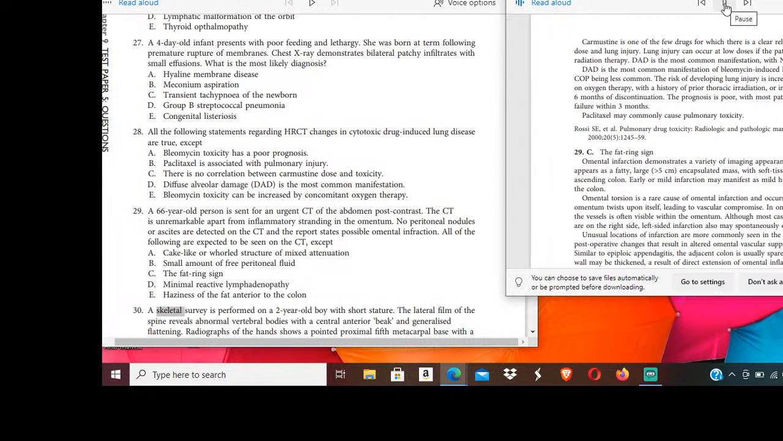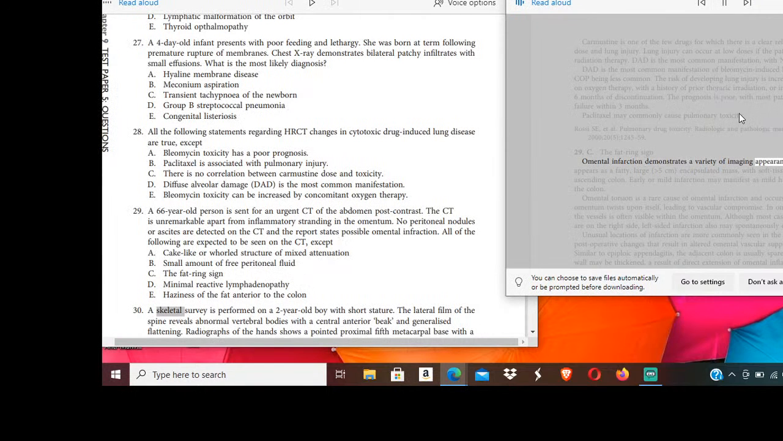30. Infarction demonstrates a variety of imaging appearances on CT. Classically, it appears as a fatty, large, greater than 5 cm, encapsulated mass, with soft tissue stranding adjacent to the ascending colon. Early or mild infarction may manifest as mild haziness in the fat anterior to the colon. Omental torsion is a rare cause of omental infarction and occurs when a portion of the omentum twists upon itself,